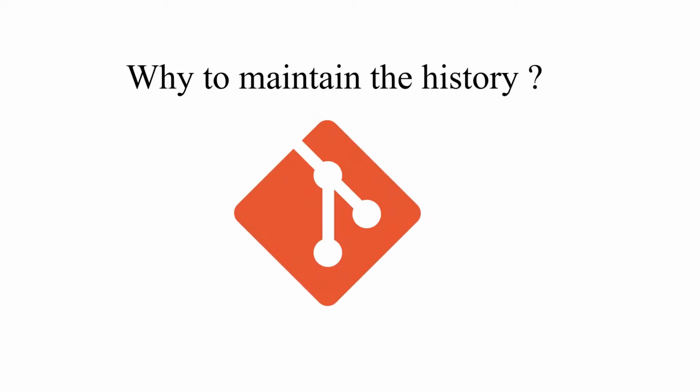Maintaining a history is very important. With the help of history we can see who made the changes, when it was made and why it was made. Suppose the code change which was moved last month or last week is causing some trouble, we can trace back where all we have made the changes. If required, we can roll back.